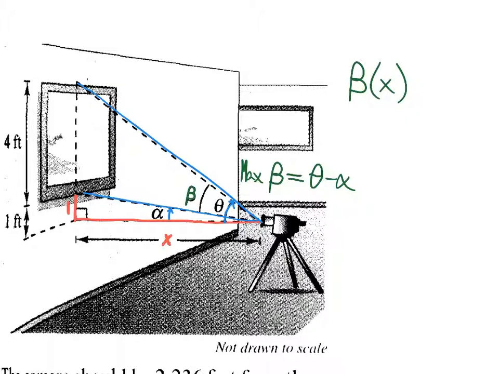Do we know alpha? No. So we need to find it too? Well, maybe. Let's see what happens. Well, if it's a constant, then we should. But I mean, okay. So the first thought that comes to mind is using the basic tangent equation. We're trying to find the angle using